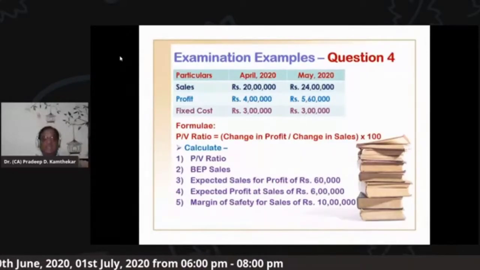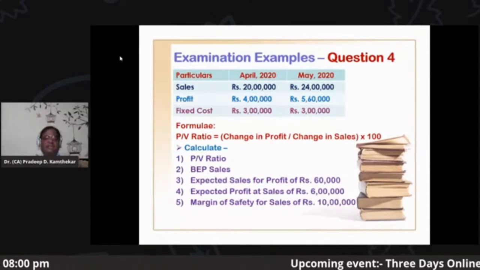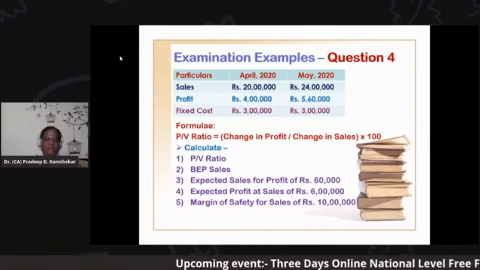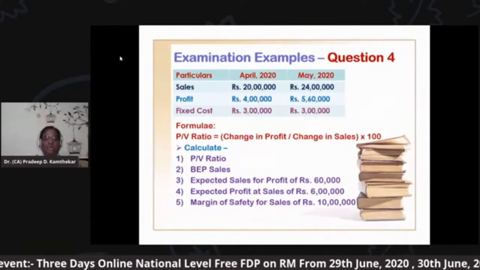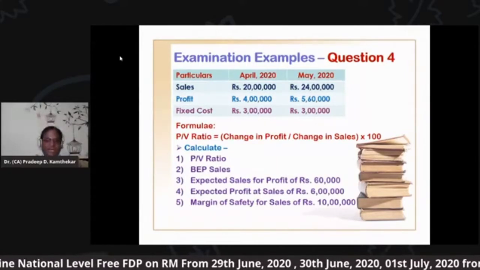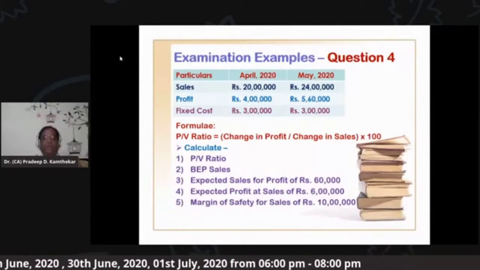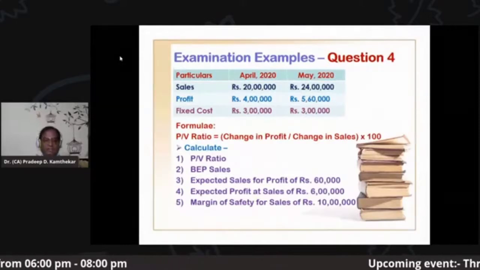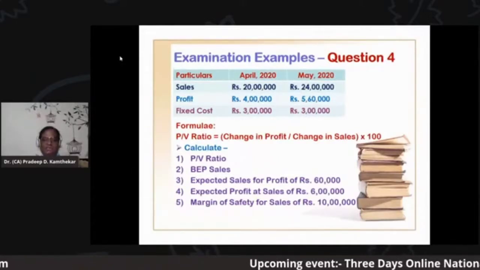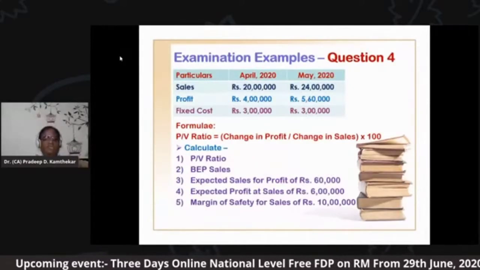Now, friends, in some cases, we don't give you details of sales and variable cost the way I have given you in the earlier three examples. But we give you total sales and total profit as given in this example, and different combinations of that in next two examples we'll see for two different periods. So number of units are not given, then selling price and variable cost per unit is not given. And in that case, how to proceed to give the answers of the asked questions.